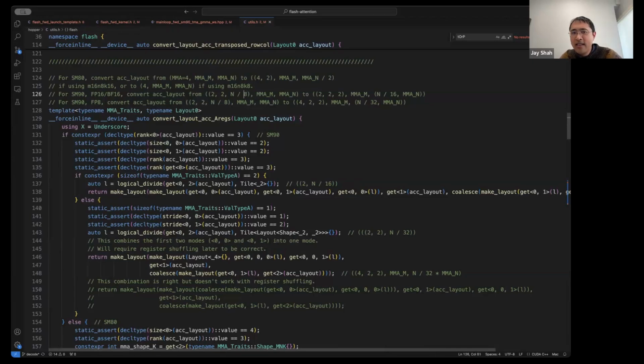It's 2, 2, n over 8, MMA M, MMA N. You can think of the 2, 2, n over 8 as MMA V. So those are the values that are held for the accumulator in terms of the WGMMA atom. In this case, that atom is very large, actually. So you expect this MMA-M to be 1. Let's just say that you expect these things to be 1.